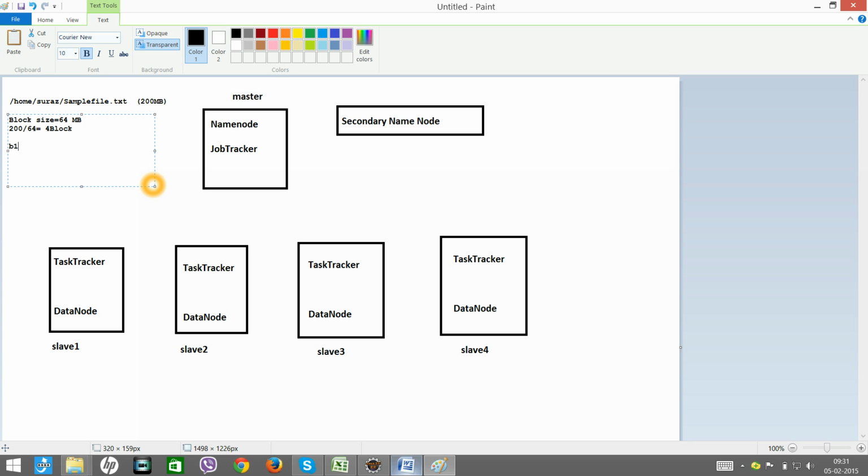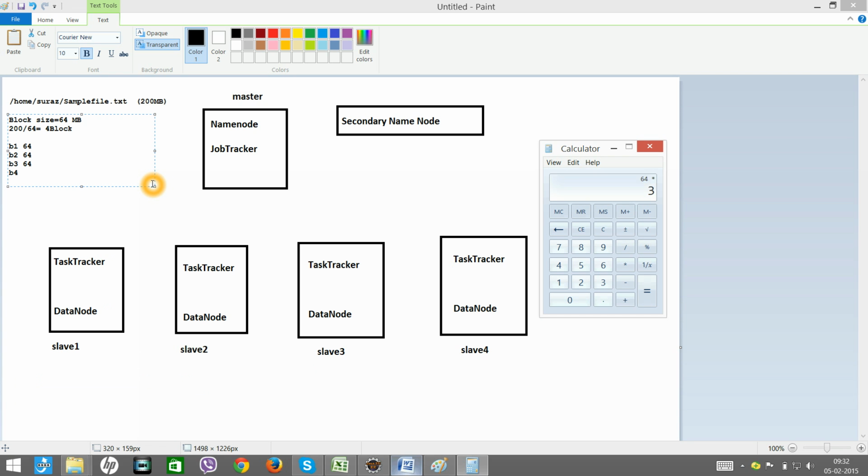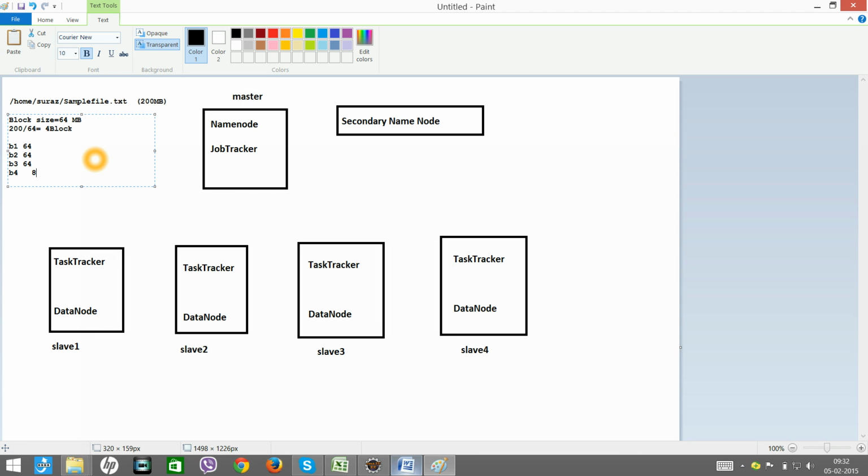Block 1 size is 64 MB, block 2 is again 64 MB, block 3 again 64 MB, and block 4 is the remaining 8 MB.